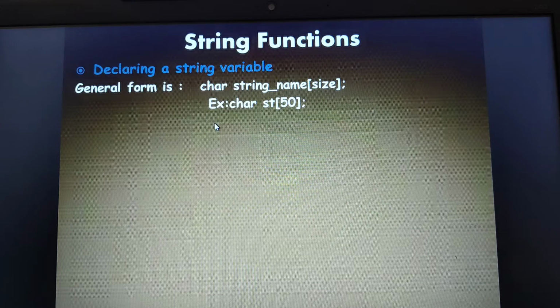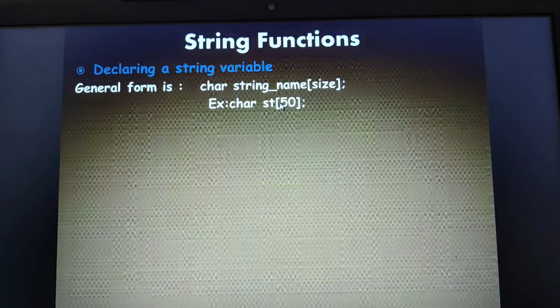Now let us see the example here. char followed by the string name. My string name here is st, followed by its size, 50. Now this 50 indicates the total number of characters in this particular string. When the compiler encounters this statement and finds that the size is 50, the compiler will allocate the required number of memory locations in order to store this string.